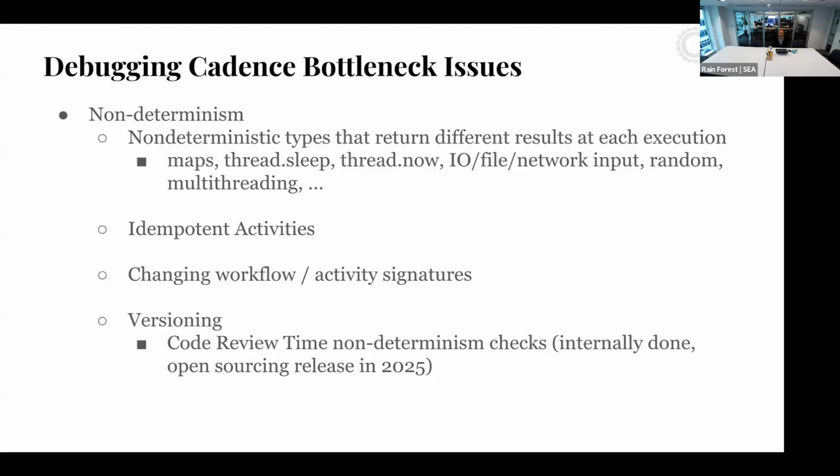The other part is that if you change your workflow signature or activity signature, it is going to cause serialization problems, and then it is going to return as a non-determinism issue, because previously we were able to fit the parameters to your workflow, to your activity. Now it is not fitting anymore. Now you're going to get an error. And then the last one,